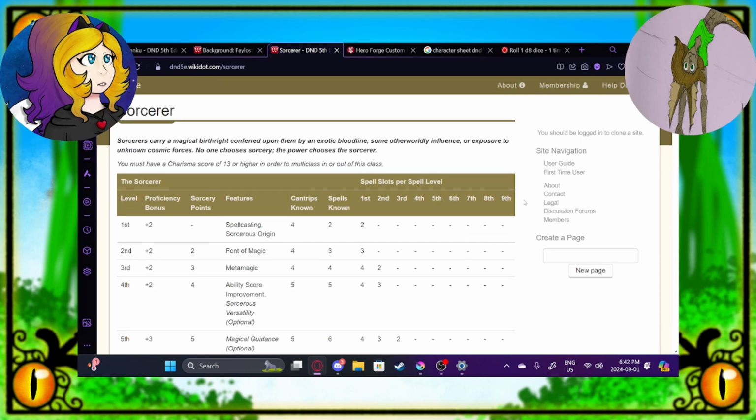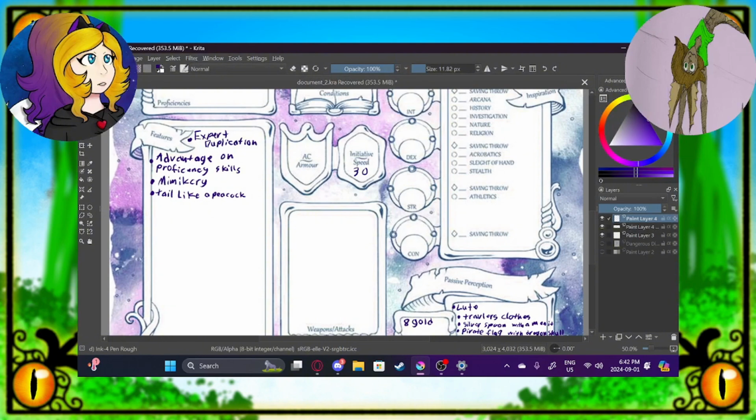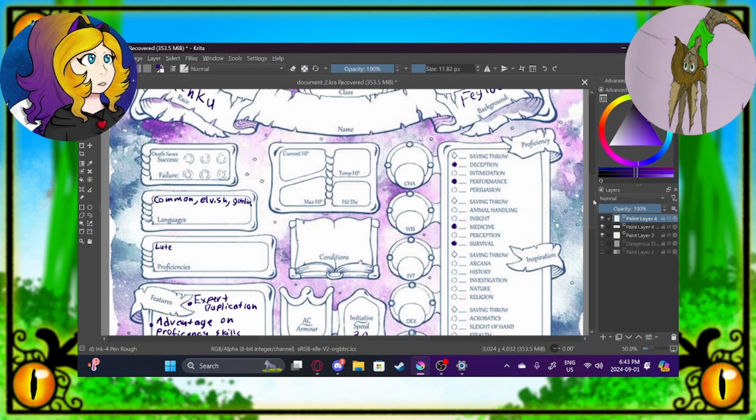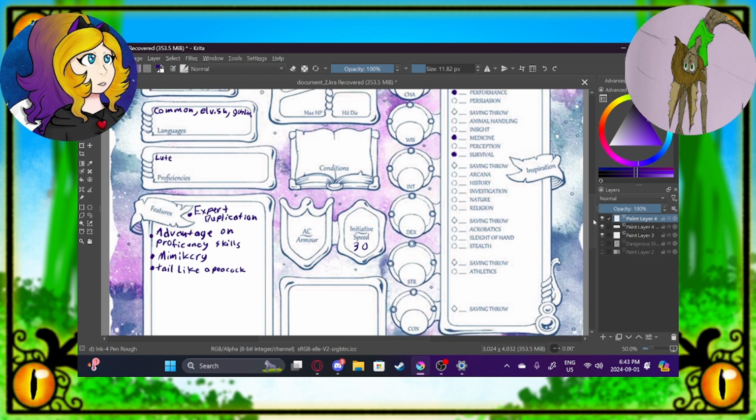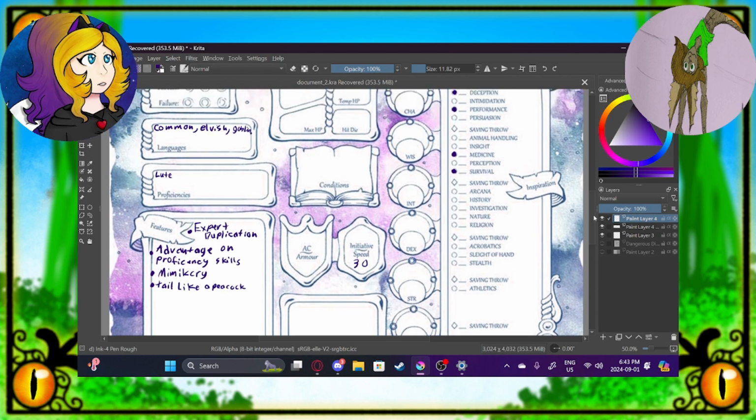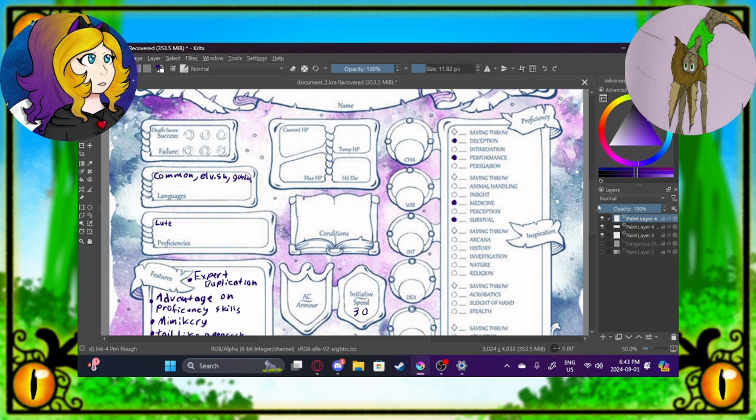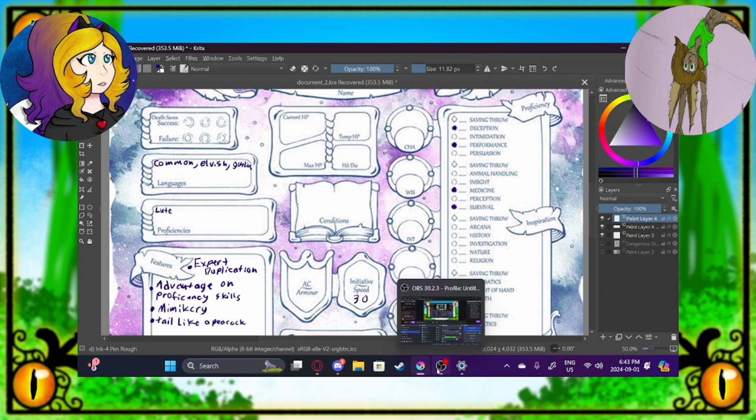So what are things we should keep in mind when we roll? What would be better for a sorcerer? For sorcerer, you need charisma and, well, likely charisma and constitution. Most likely going to be your most important stats. Okay, we'll explain what those do later on when we roll. But for now, let's